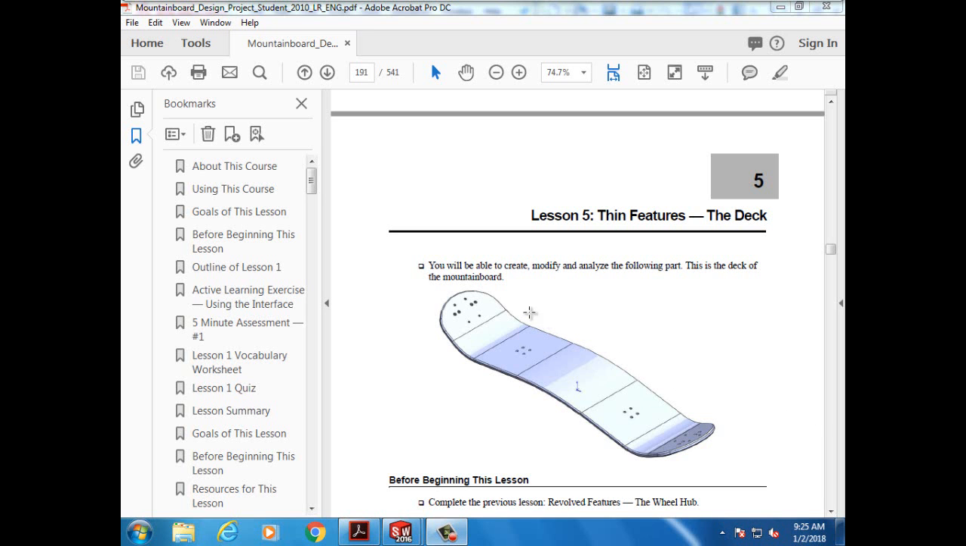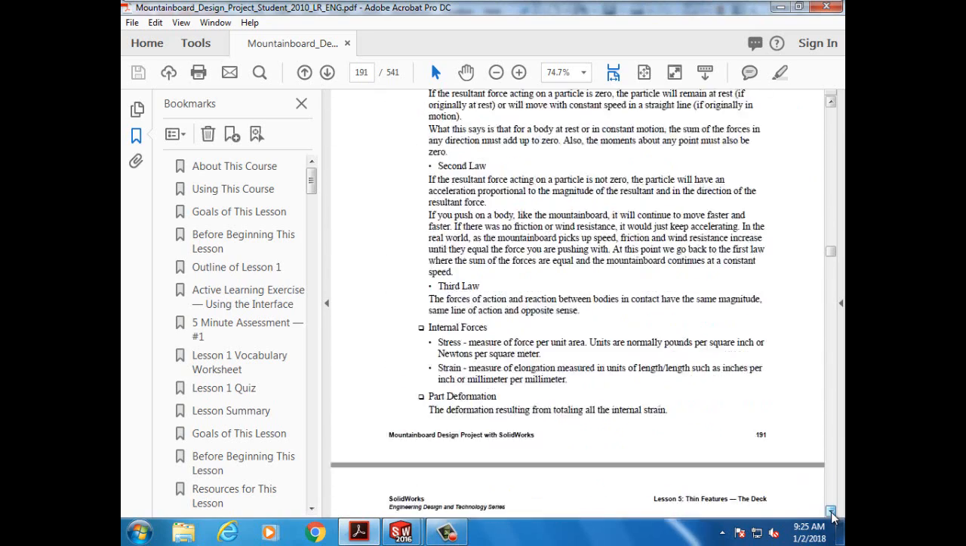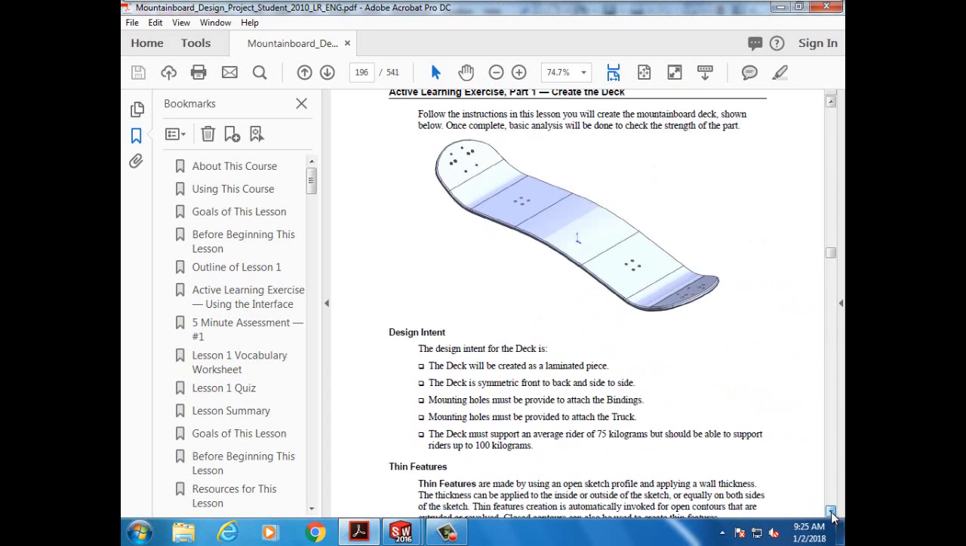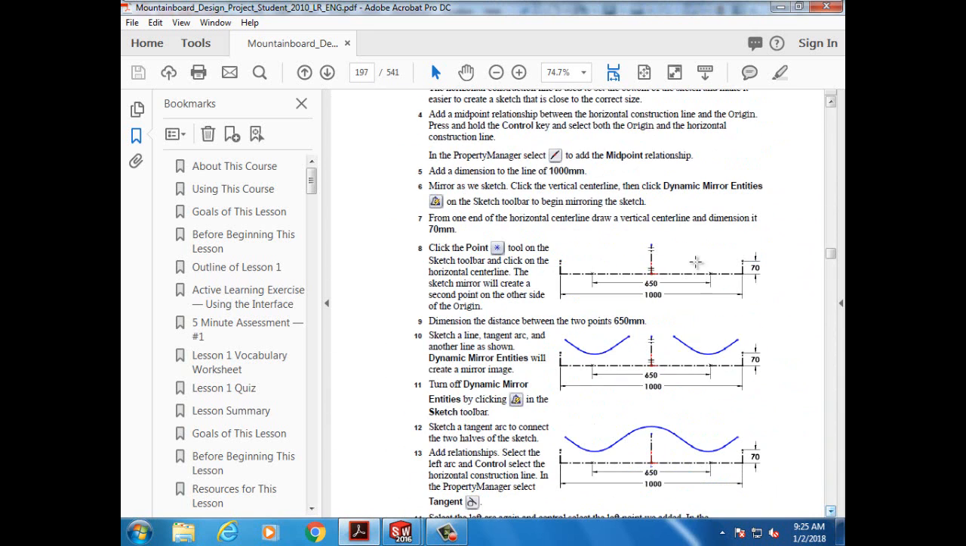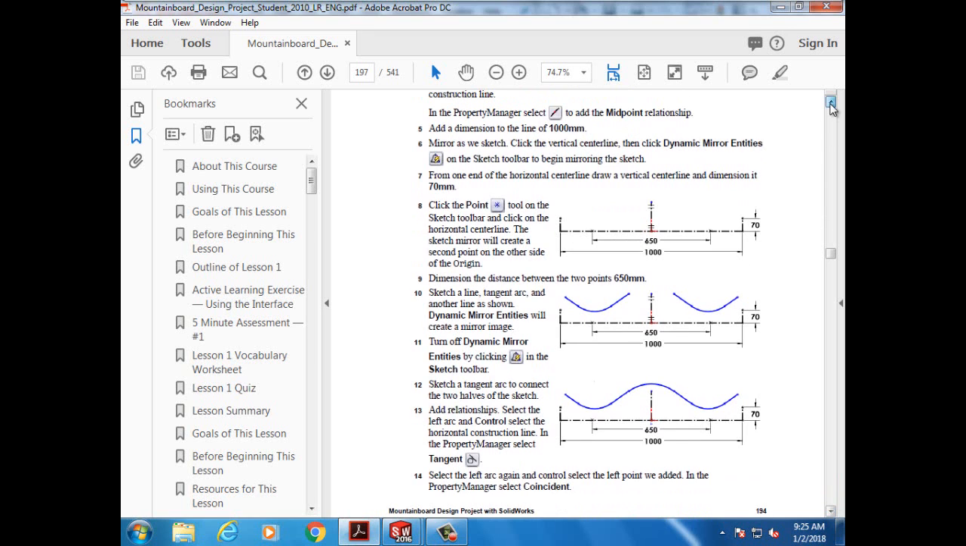Okay, we just finished the wheel hub, so now we're going to be making this deck using thin features. So we're going to be starting on lesson 5 now. And first thing we're going to do is we come down and we need to set up some lines for construction